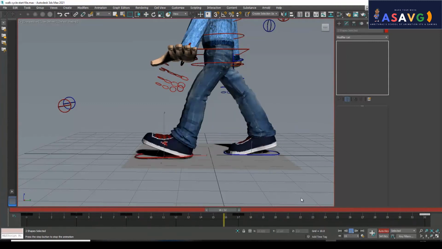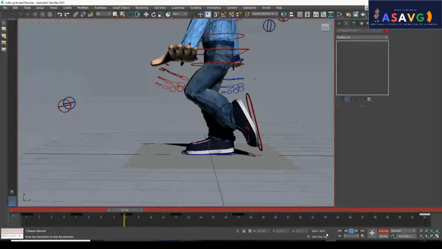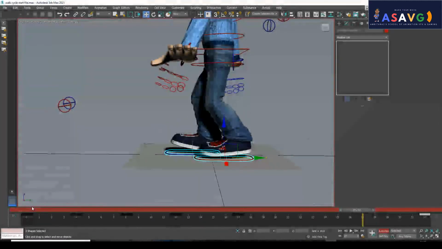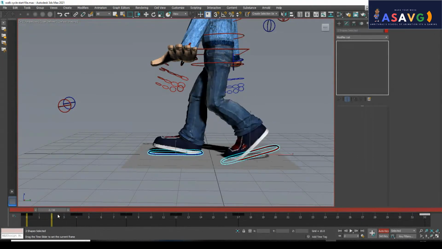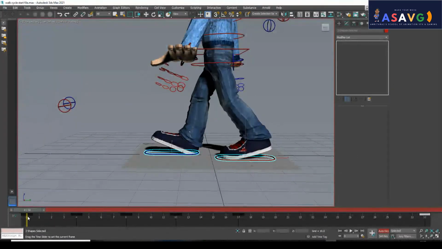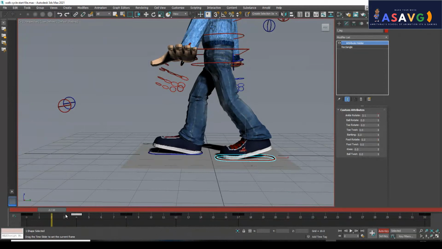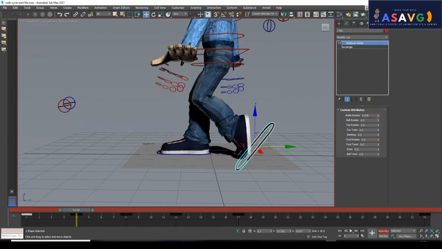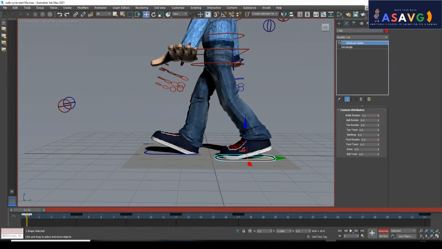Okay, only concentrating on the left leg. It's a little bit okay, but I have to work so hard. So I will be fixing this first, and I am making the changes. I am selecting this and I will make a copy of this. After that I will make a little bit of change. No, that kind of rotation is not needed. I told you, it is only 3D, so no need for that much exaggeration.